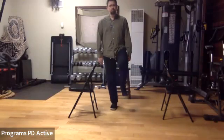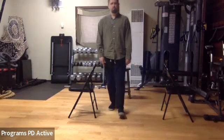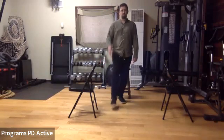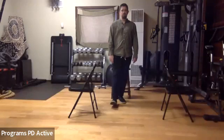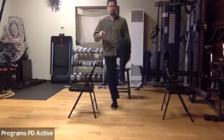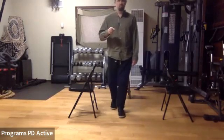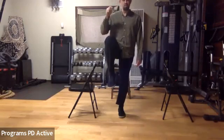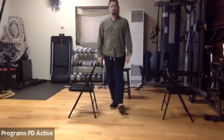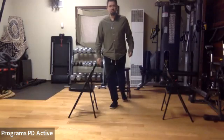One more level, 2. Level 3, up, down, shift, exaggerated, heel to butt, knee to chest, foot forward, lower it down, heel touch, shift, heel to butt, knee comes up, and then we go back, reach the toe back, shift, this is exaggerated, up, tuck and reach back, toe touch, shift,